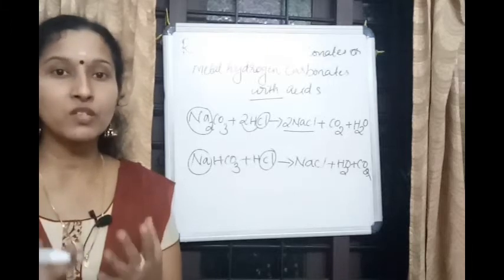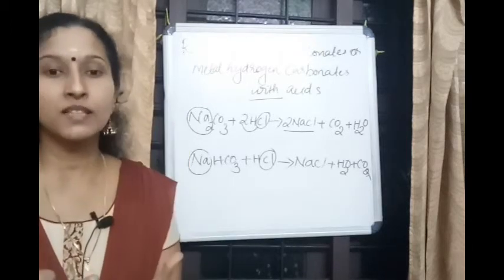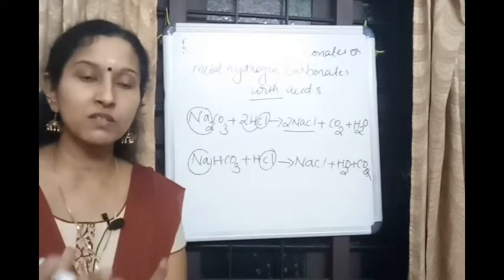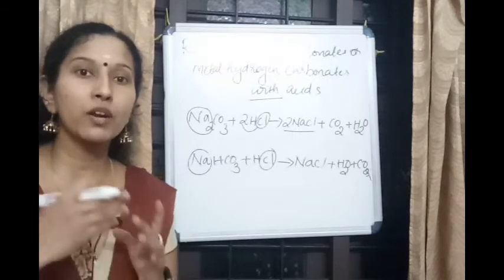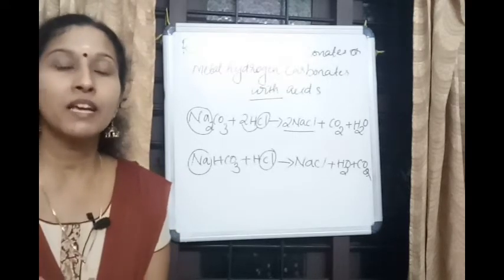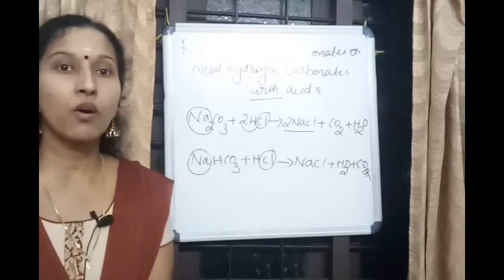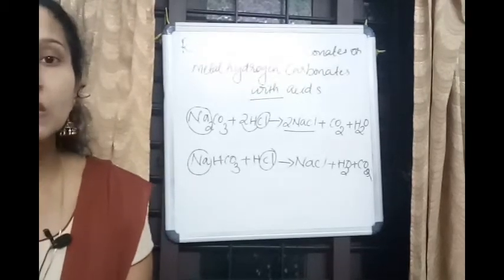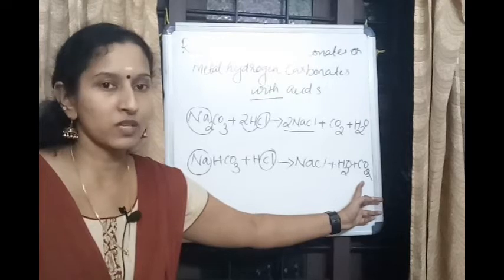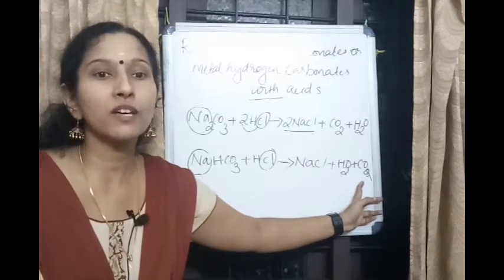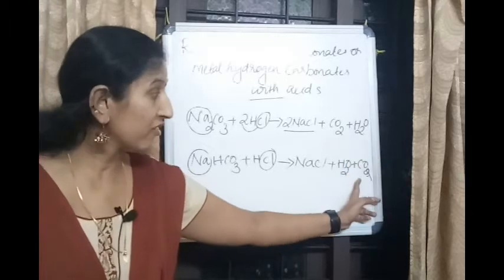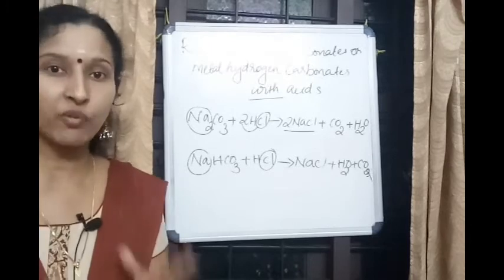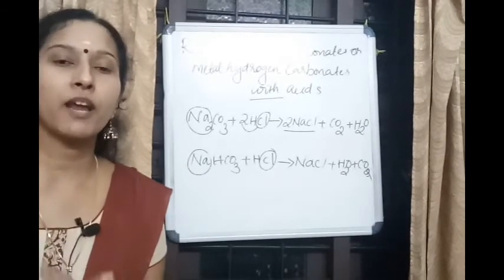When a student conducted these experiments inside the laboratory and tried to mix sodium carbonate and hydrochloric acid, he or she observed that there is an evolution of some gas, or the formation of brisk effervescence. So this brisk effervescence is the term only related to carbon dioxide. Just like I told you, the pop sound is only for hydrogen, effervescence is the term related to carbon dioxide. So if you see effervescence anywhere, you have to know that there is production of carbon dioxide.